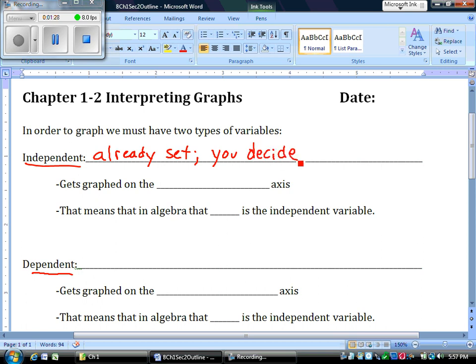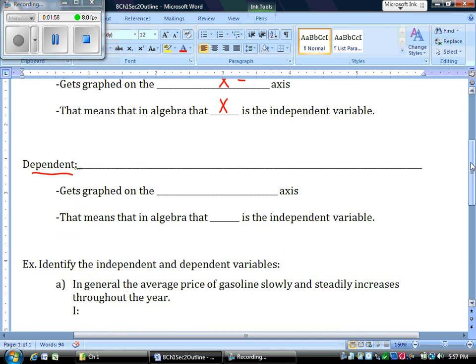So we're going to say independent variable is this. Okay, we're deciding what it is ahead of time. That variable gets graphed on the x-axis. Since it's on the x-axis, that means in algebra, the independent variable is typically always going to be the x variable. Remember, we use x, y most of the time. X is our independent variable. Okay? So if we look at the dependent variable,